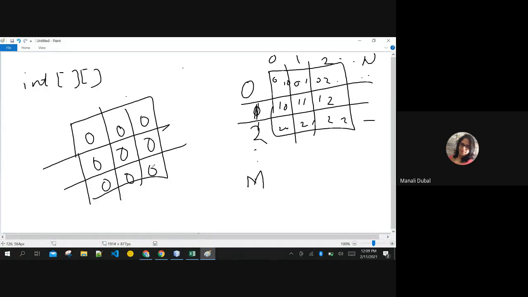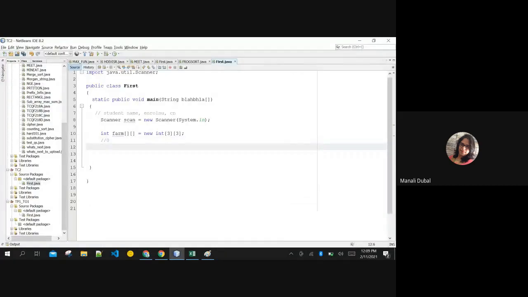Now, if I want to input values from the user in the ith row, jth column, I will require 2 loops, right? For your pattern programs, you all have used these loops. The same loops will come here, not a single bit of change. Same 2 loops you are going to use because they both address the same indexes, less than 3 and j plus plus, okay?